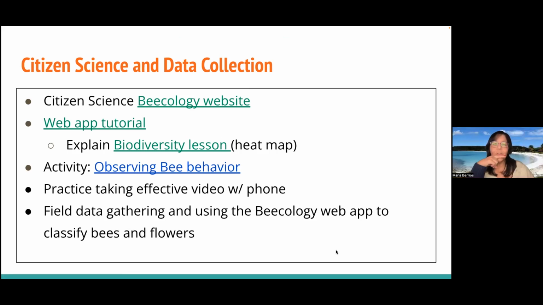So I wanted to just do a couple of things. Observing bee behavior is a lesson that is simply what I was explaining, that you can tell the difference between the bees. You are also observing nectar collection versus pollen with the students. And then you're going to go to the Beecology website and enter the data and analyze data. Jen, do you want to go over the Beecology website quickly